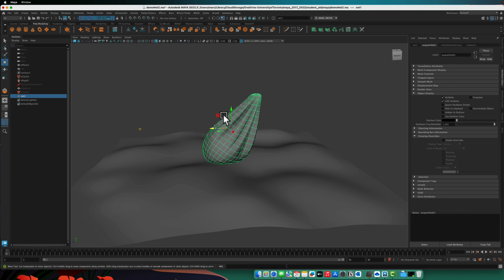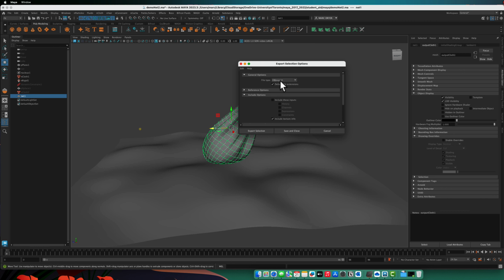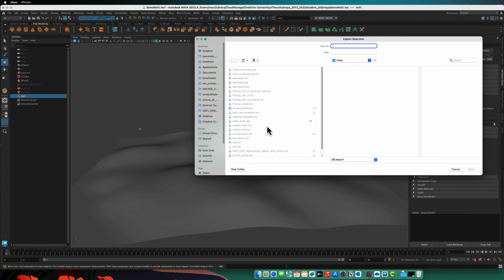And for some reason, this mesh won't work. There's something about it that MASH doesn't like, or at least the bullet solver doesn't like. So a quick solution is to go to File, Export Selection, OBJ Export, make sure this is all turned off, Export, we'll call this Net Demo 2,